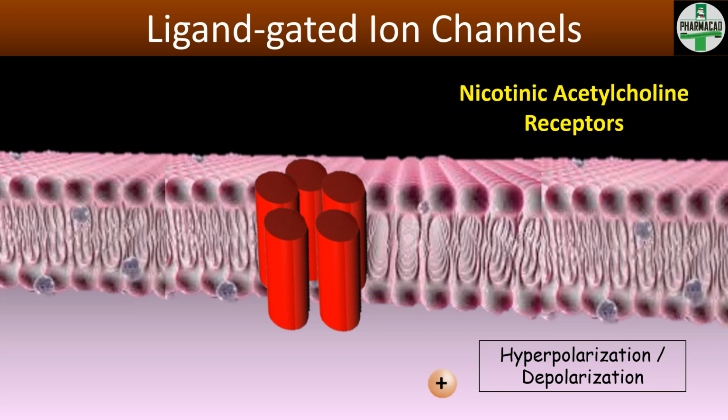Sometimes these ligand-gated ion channels are also activated through some other receptors. For example, when some of the GPCR, that is G protein coupled receptors, are activated, they activate protein kinase enzyme, and protein kinase enzyme phosphorylates these ion channels. Depending on type of phosphorylation, the ion channel is either activated or inactivated. So that is another mechanism through which these ion channels are getting activated, but major mechanism is through ligand binding to the ligand binding site.